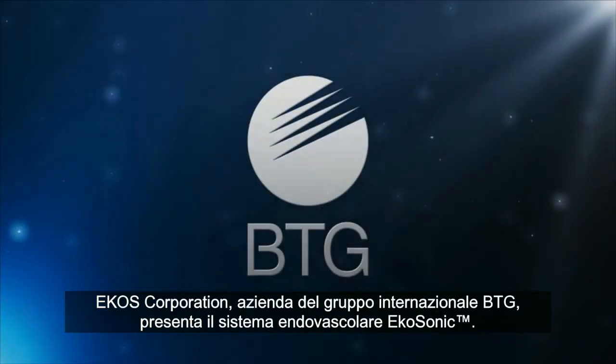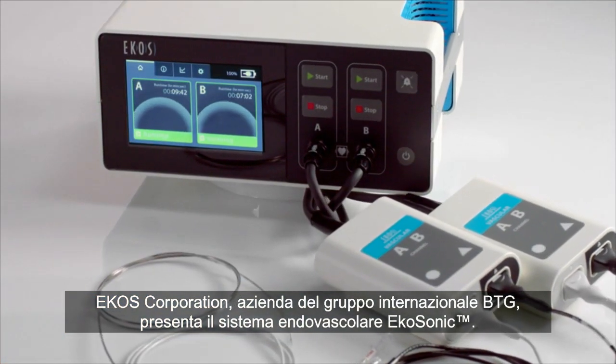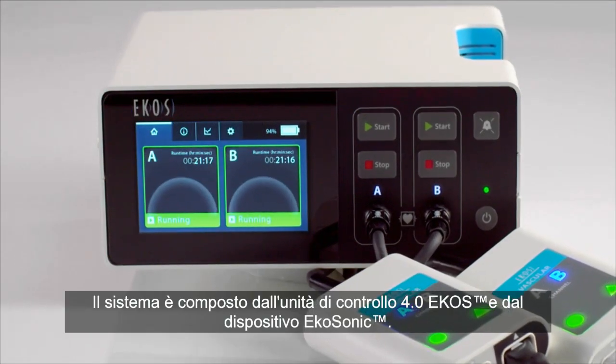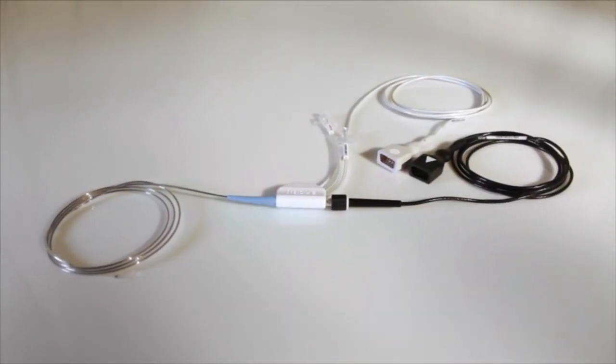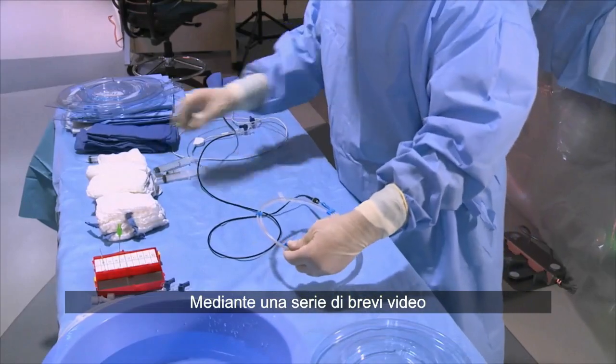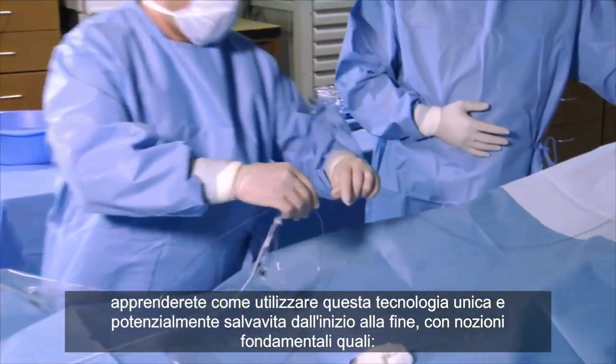EKOS Corporation, a BTG International Group company, presents the Ekosonic Endovascular System. The system consists of the EKOS Control Unit 4.0 and EKOSonic device. Through a series of short videos, you'll learn the basics of how to use this unique and potentially life-saving technology